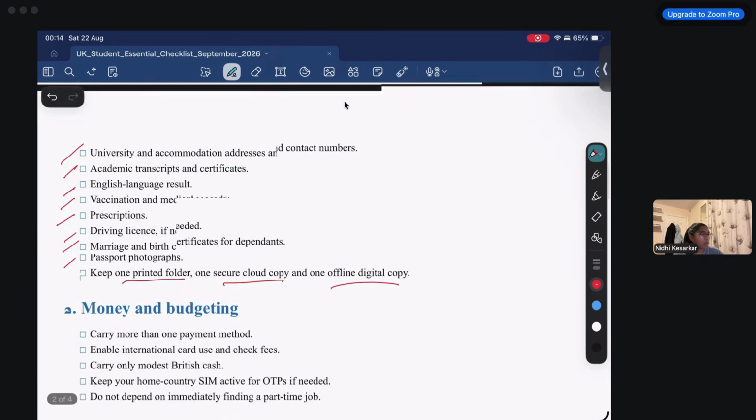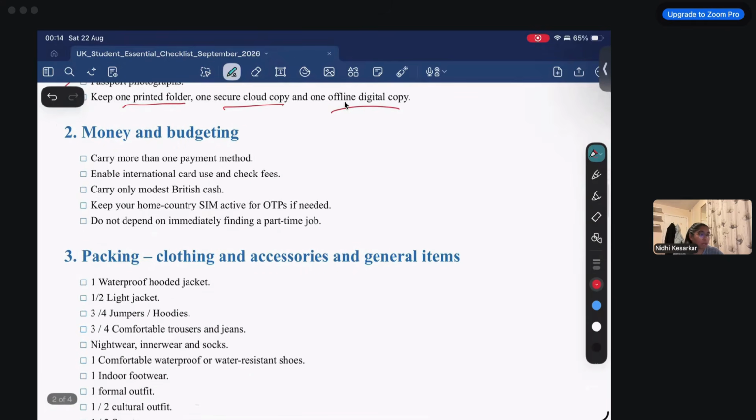All right. Now let's move on to money and budgeting. Now, carry more than one payment method. So while you're coming over here, most of us do not have a UK bank account already set up, right? So bring some cash and bring international cards, okay, international debit or credit card, which has international usage enabled. So that's pretty important because the day you reach over here,